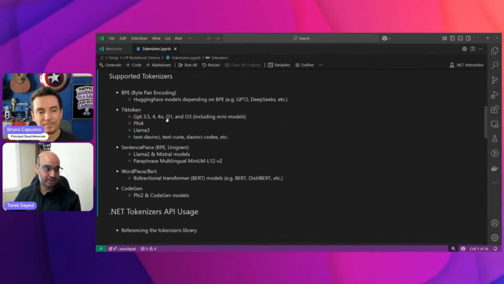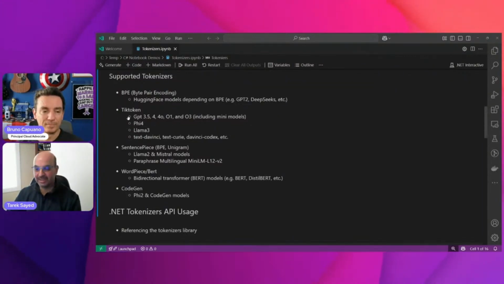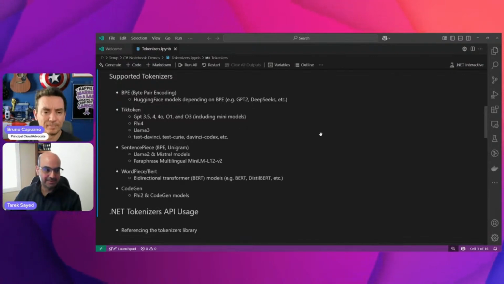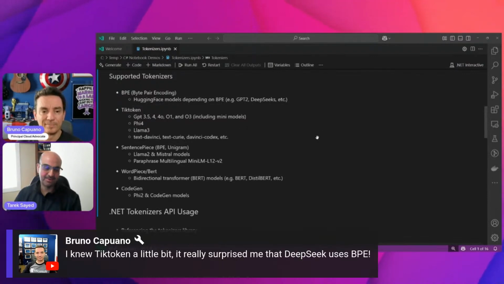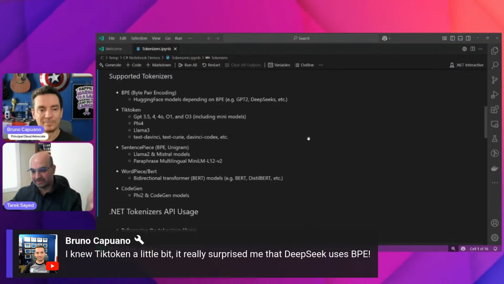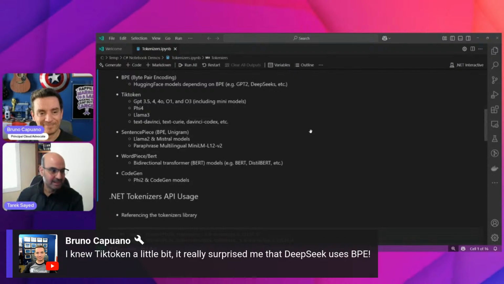Tiktoken is also used with the GPT-4 models, and we also use it for Llama 3. Other models actually started to adopt the tiktoken tokenizer because it's nice, written in an efficient way, and it supports a wide range of vocabulary.